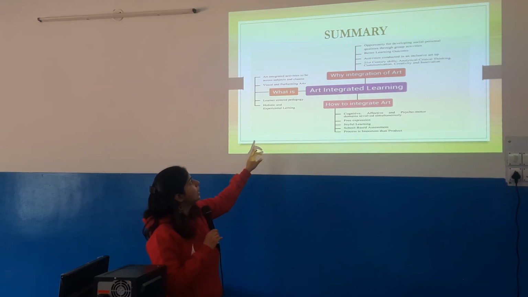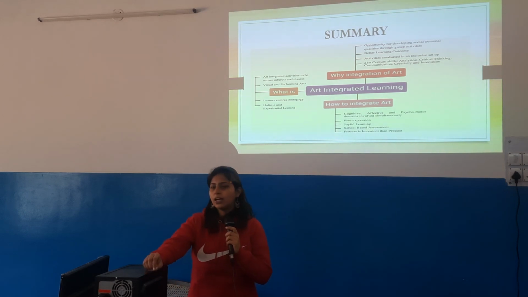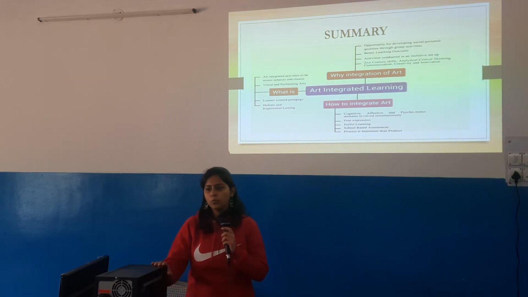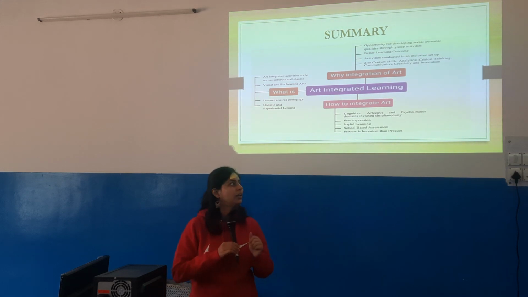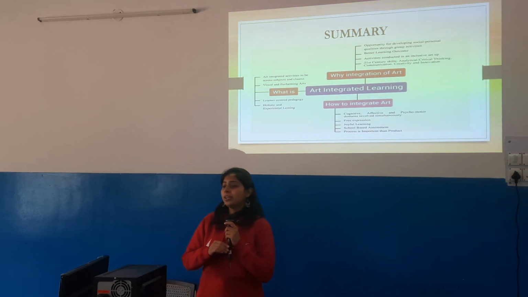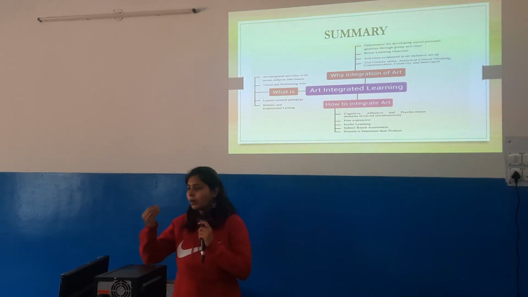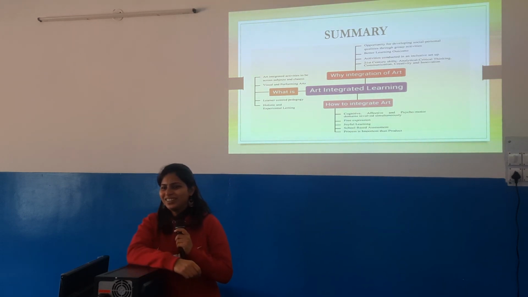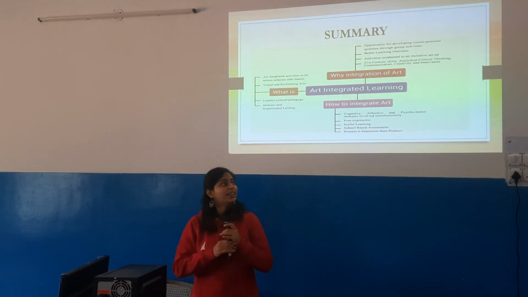Last, holistic and experiential learning. Here we have seen how holistic development helps us to encounter the three main domains: cognitive, affective and psychomotor. We have even seen examples through which we touched all three domains. And it is experiential learning. Why? Because the child does perform the experiment, think over it, try to solve the problem. The best example was the toy which they made, standard 3 and 4, in pre-primary and primary level, the example which I have shown. This shows that it is experiential learning.